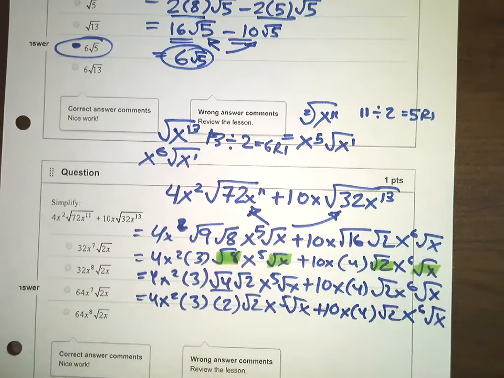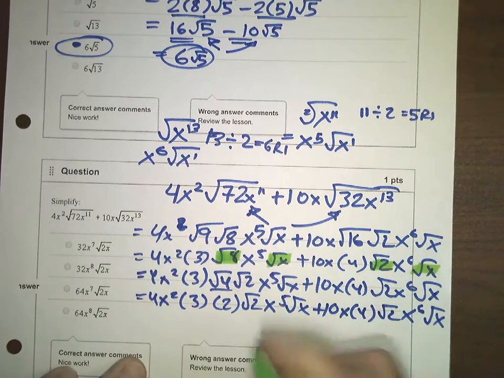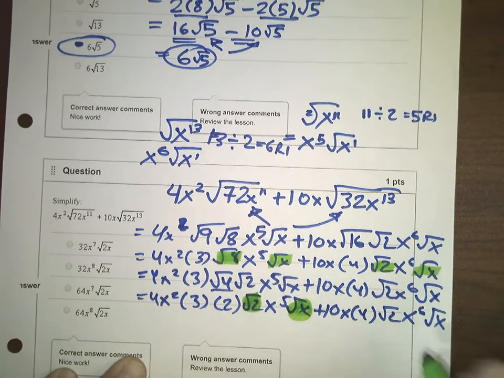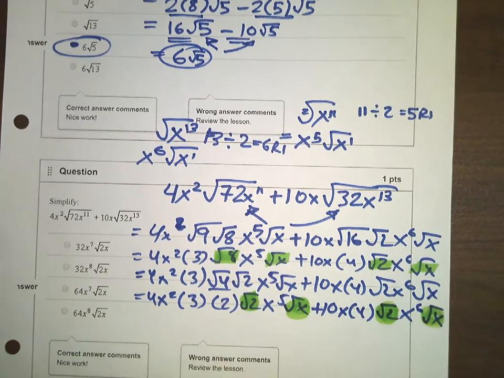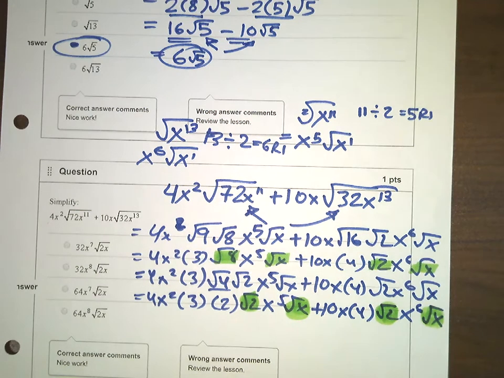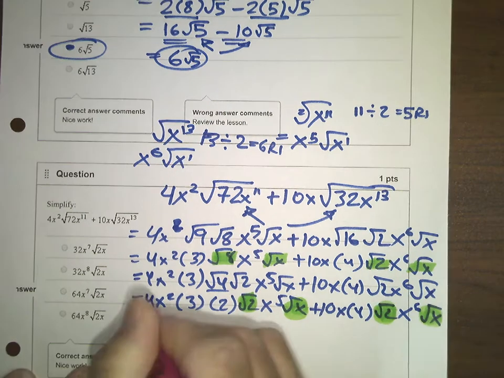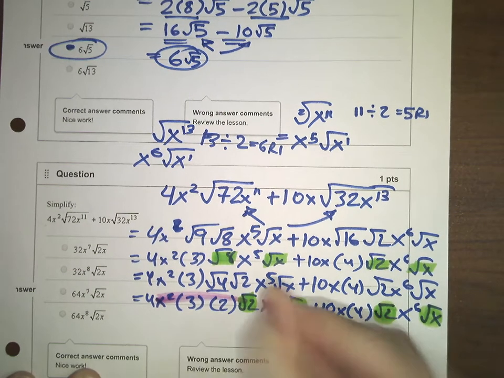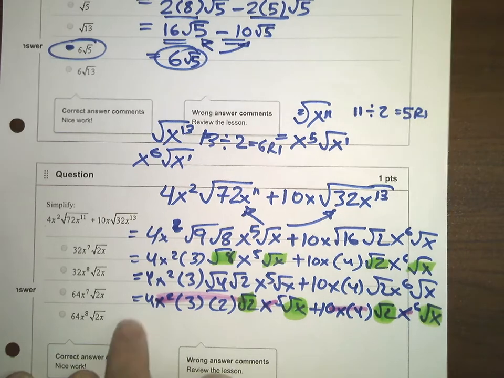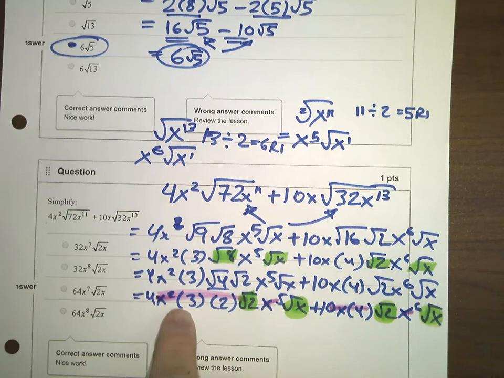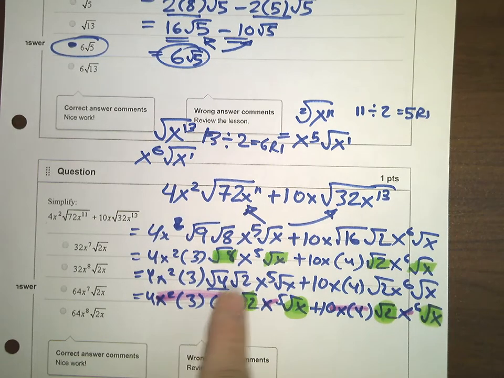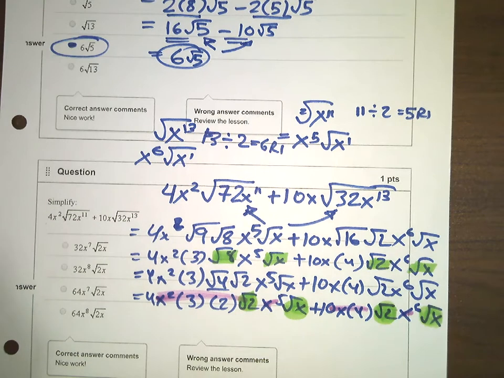So now, in the first term, I see that all I have under the square root now is square root of 2x, and here square root of 2x. And so what I'm going to do is say, now they're both the same radical, square root of 2x in each term. So I'm going to multiply the rest of this together. So 4x squared times 3 is 12x squared times 2 is 24x squared times x to the 5th. That will be